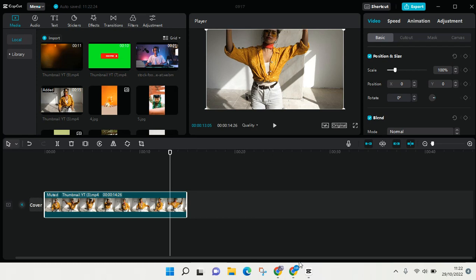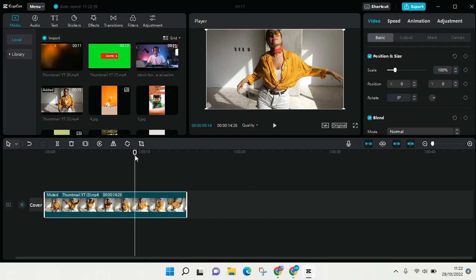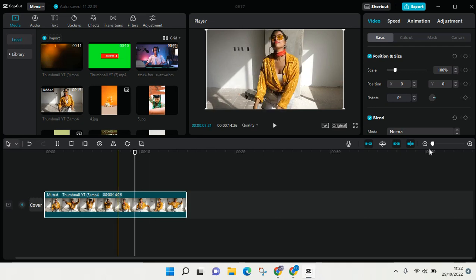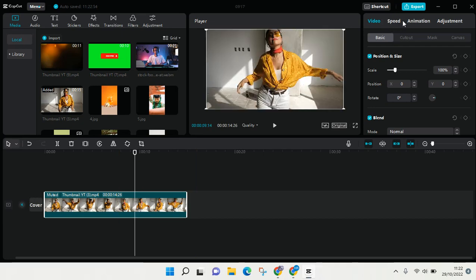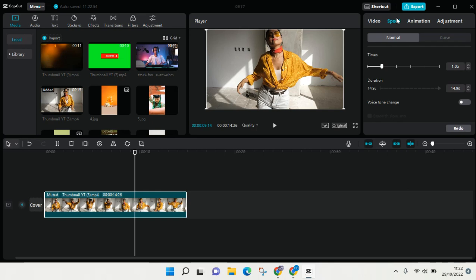In this tutorial I'm going to show you how to use curve speed on CapCut for PC. So here the curve speed can be used for you to adjust the speed of your video. So just click on clips and then you want to go to speed at the top right, and here you